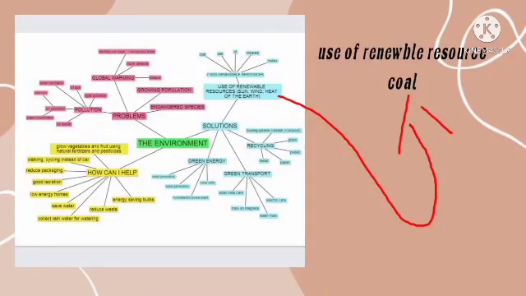Next, use of non-renewable resources, not sun, wind, or heat of the air. Coal is an energy resource resulting from the decay and decomposition of plants over millions of years. Because it has a slow rate of regeneration, coal is classified as an irreversible natural resource.